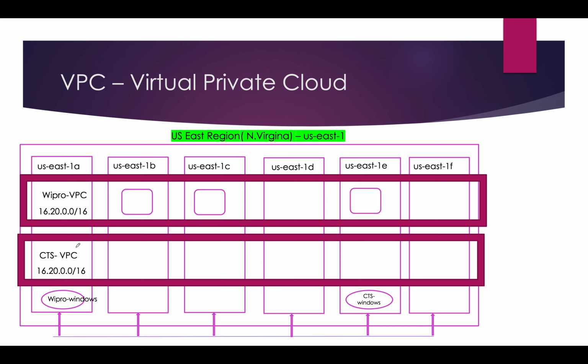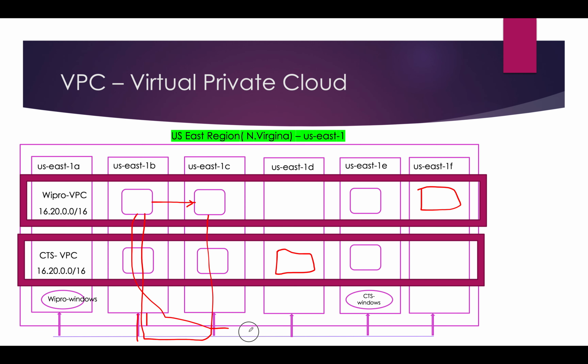Please guess this one. Now I have CTS also. CTS also has one virtual machine here, one virtual machine here. If they want, they can also create more here. Wipro can too, as many as they need. But how will these two communicate? For all data centers we have a default configuration. If it wants to communicate with this data center, it will come here and communicate in this way. This VPC wants to communicate from here, it will come like this. Even CTS, if these two want to communicate, they will communicate with each other by using